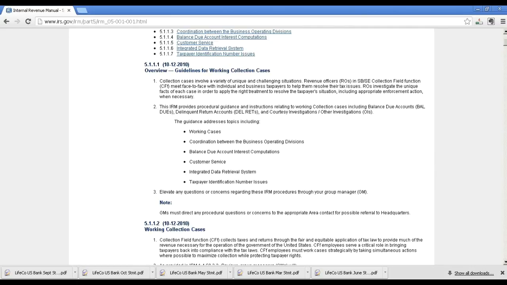Other things that this section of the IRM covers that are really important has to do with their customer service responsibilities to you and your clients. And also the procedures for actually working cases, interacting with you and your client, and coordination between the business operating divisions. So coordination between the collection field function,